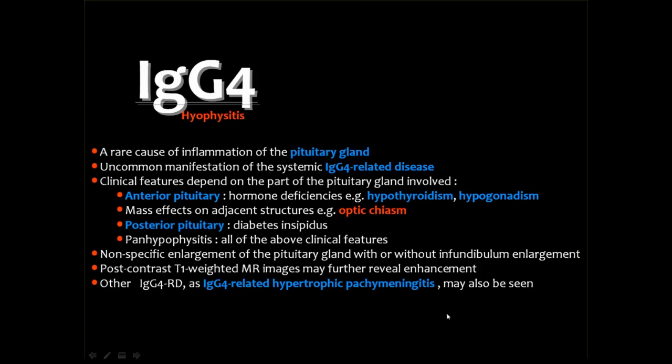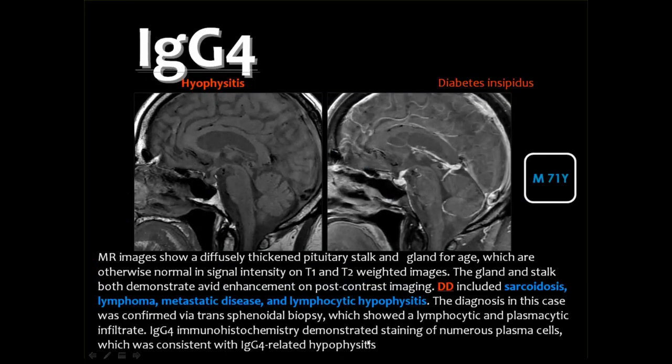On imaging, you get the diffuse enlargement of the pituitary gland with or without enlargement of the stalk, and both will show contrast enhancement. And sometimes you may see IgG4 related hypertrophic pachymeningitis. And here is an example. This is the sagittal before contrast and the sagittal after contrast. You got prominence of the pituitary gland with thickening and enhancement of the stalk, and the patient is complaining of